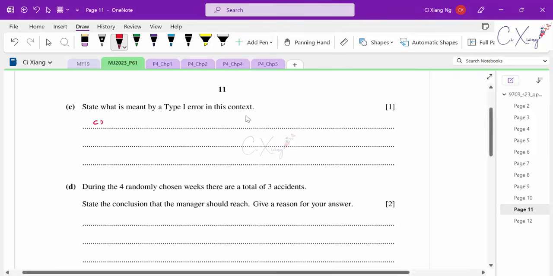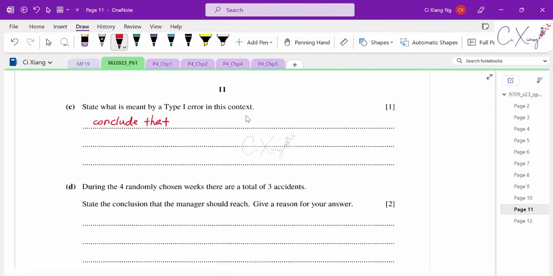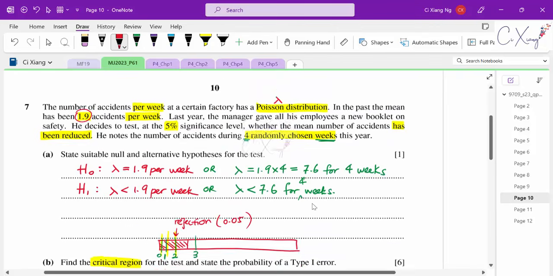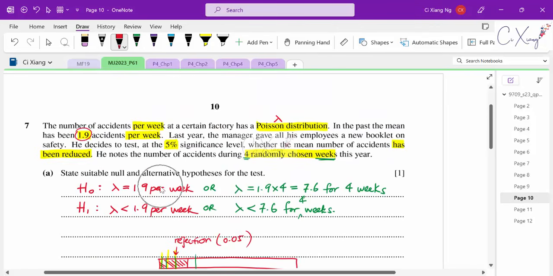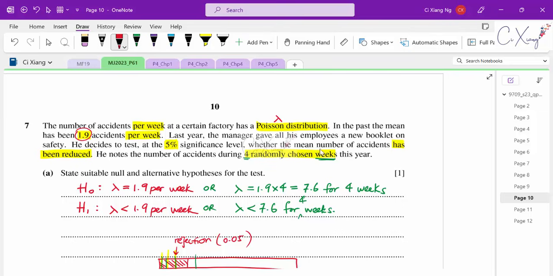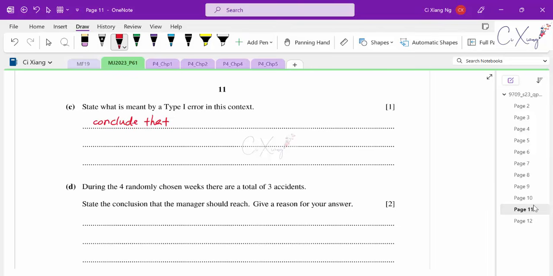If I reject the null hypothesis, it means that I conclude that lambda is less than 1.9, that means the number of accidents has been reduced. So when we write it out, we conclude that the mean number of accidents has decreased or has reduced,